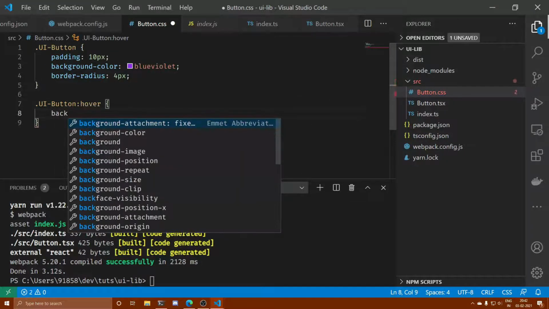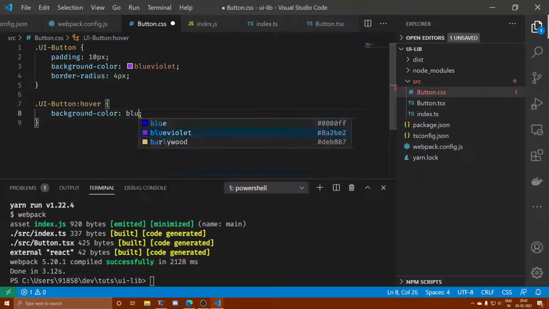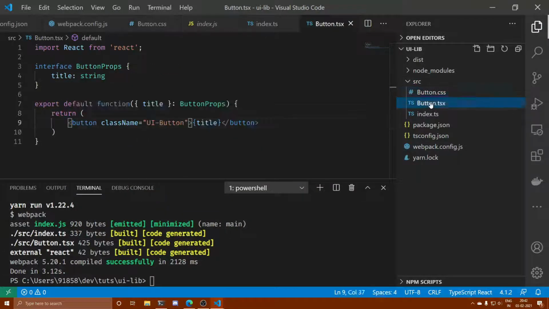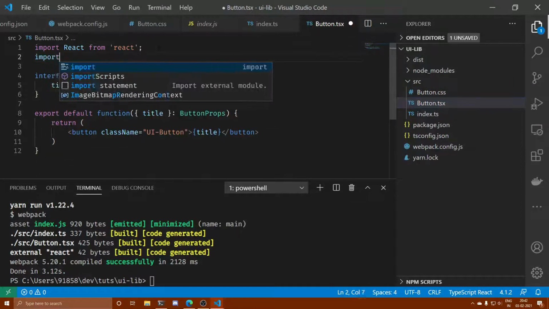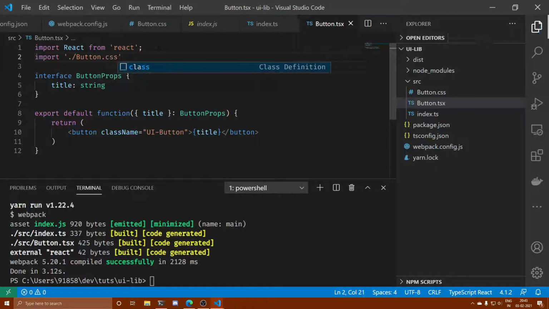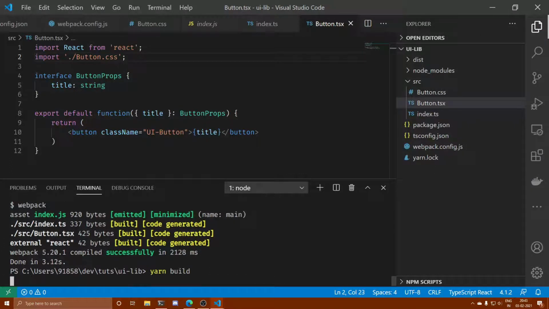The background color in this particular case is going to be blue. Okay, so we are going to apply these styles to the button component. So over here type in import button.css.